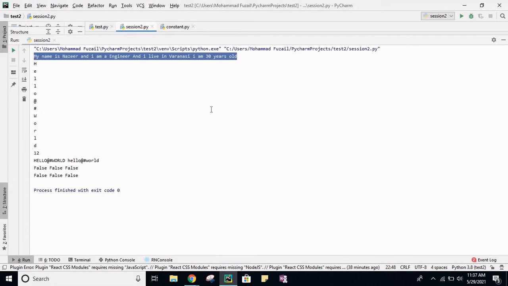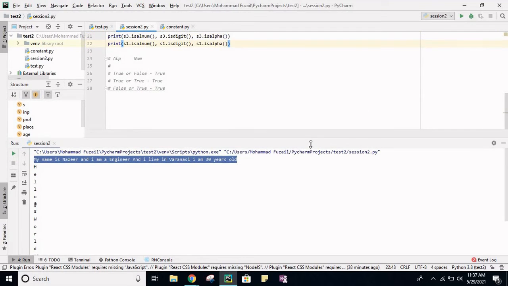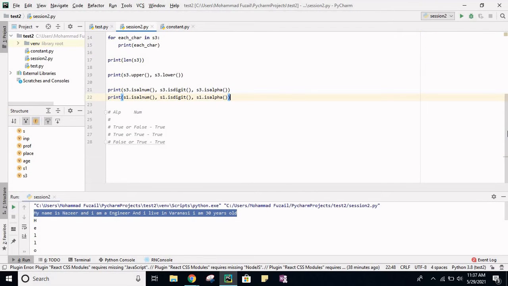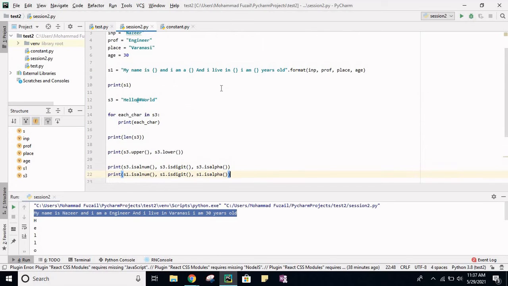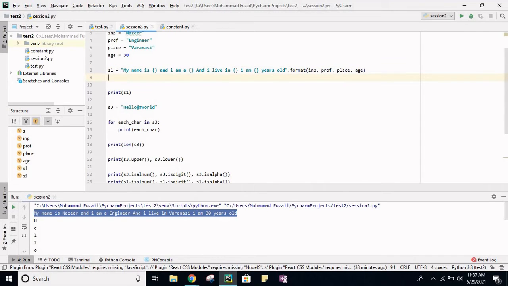Any idea, anyone? So there is a special character. We have spaces, right? If we remove the space, if we do a join, what will we get?